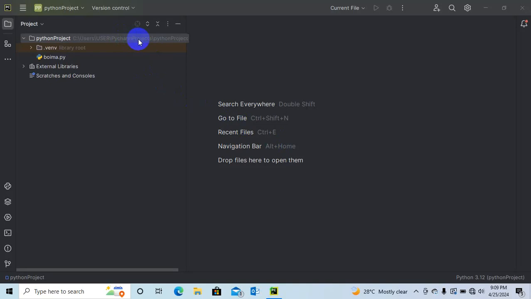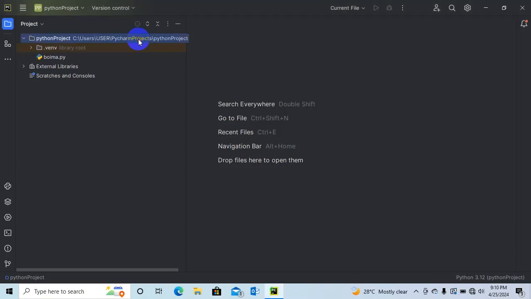So a project is the same as a folder. What a project can do is organize your work and put it in a structural form. So don't forget, a project is the same as a folder. When you are creating a folder, the purpose a folder serves is the same purpose a project can serve.